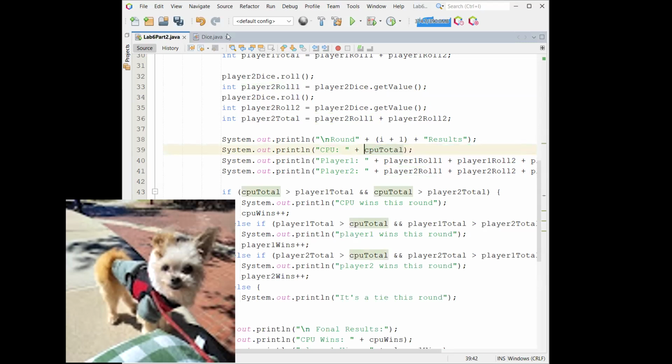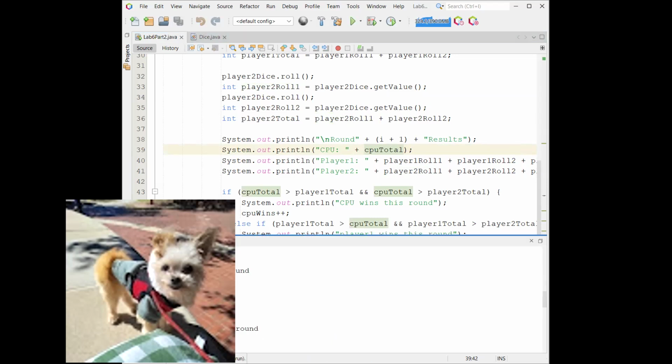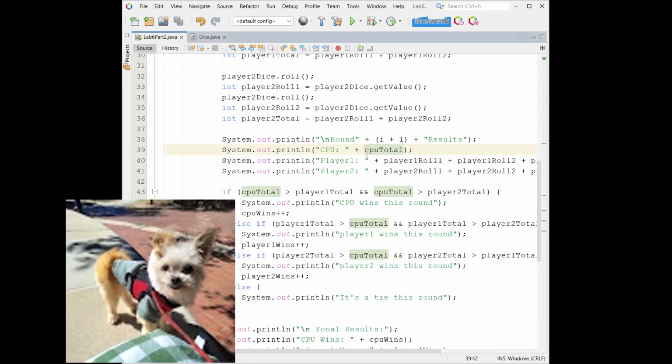Let me try something real quick. I'm going to take that back and just add some stuff so it's easier to tell what's going on